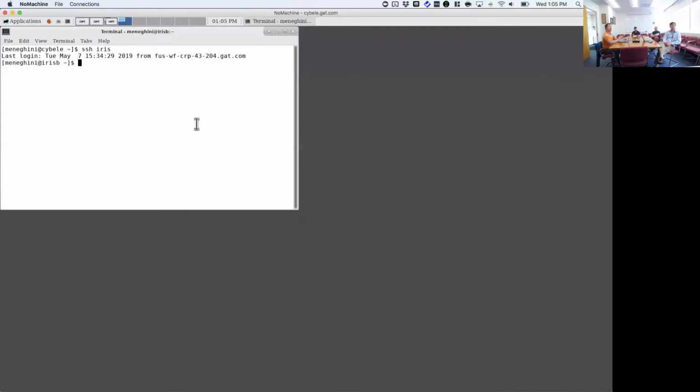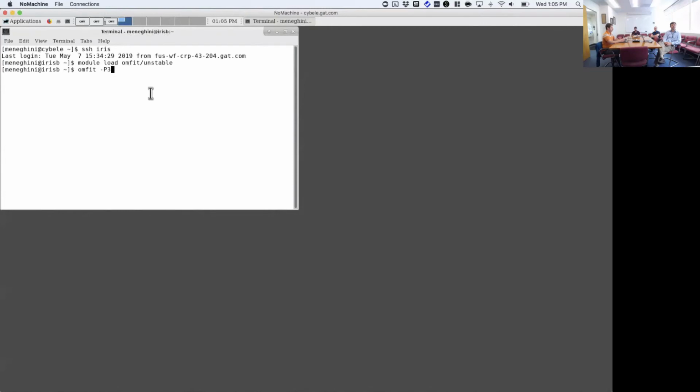So let me first show how we can start OMFIT in Python 3. I'm going to show this on the Iris cluster at GA. Here we're just going to do our usual module load OMFIT unstable. Usually we would start OMFIT like this, and this would start with the default environment, which is Python 2. If we want to start with the Python 3 environment, we would just say capital P3,